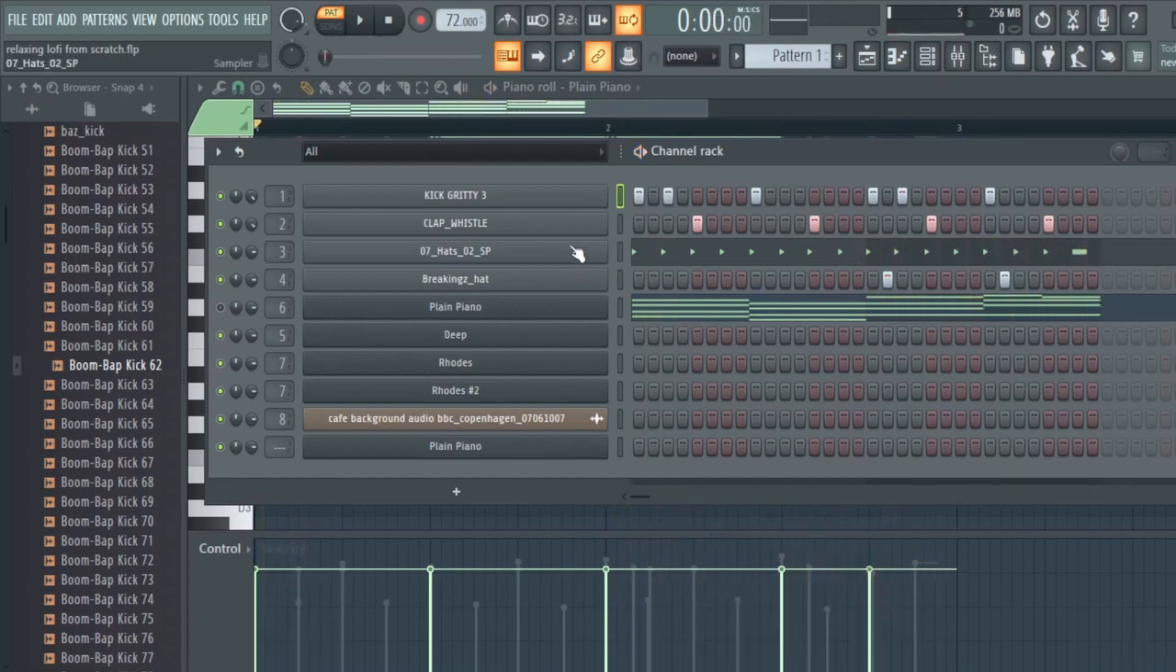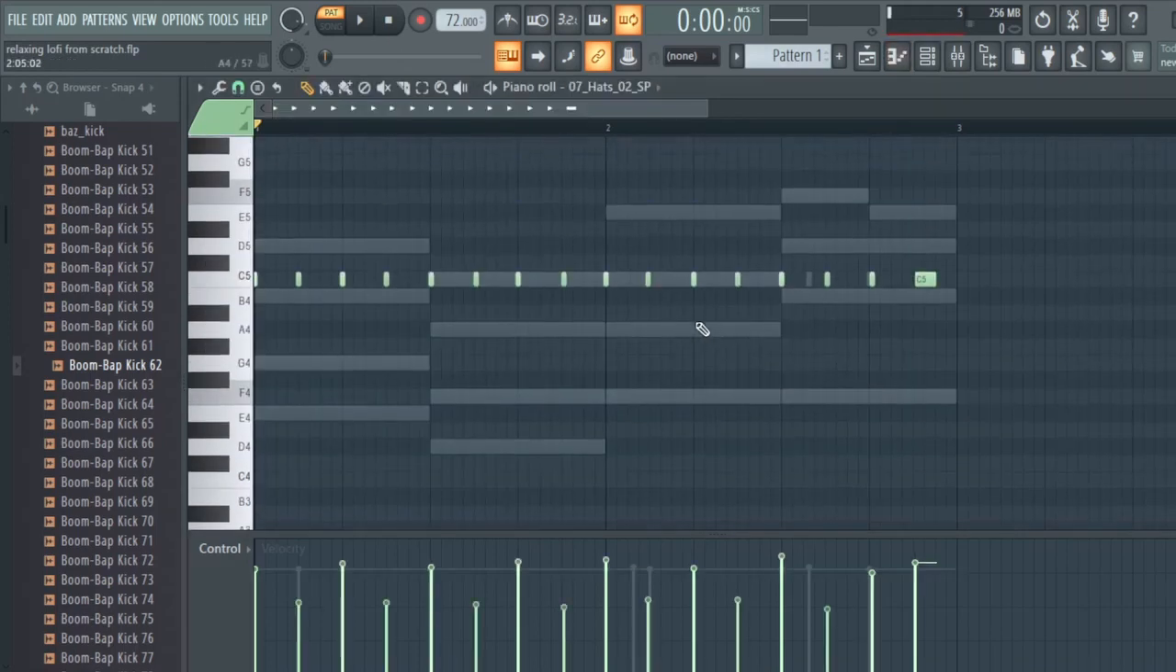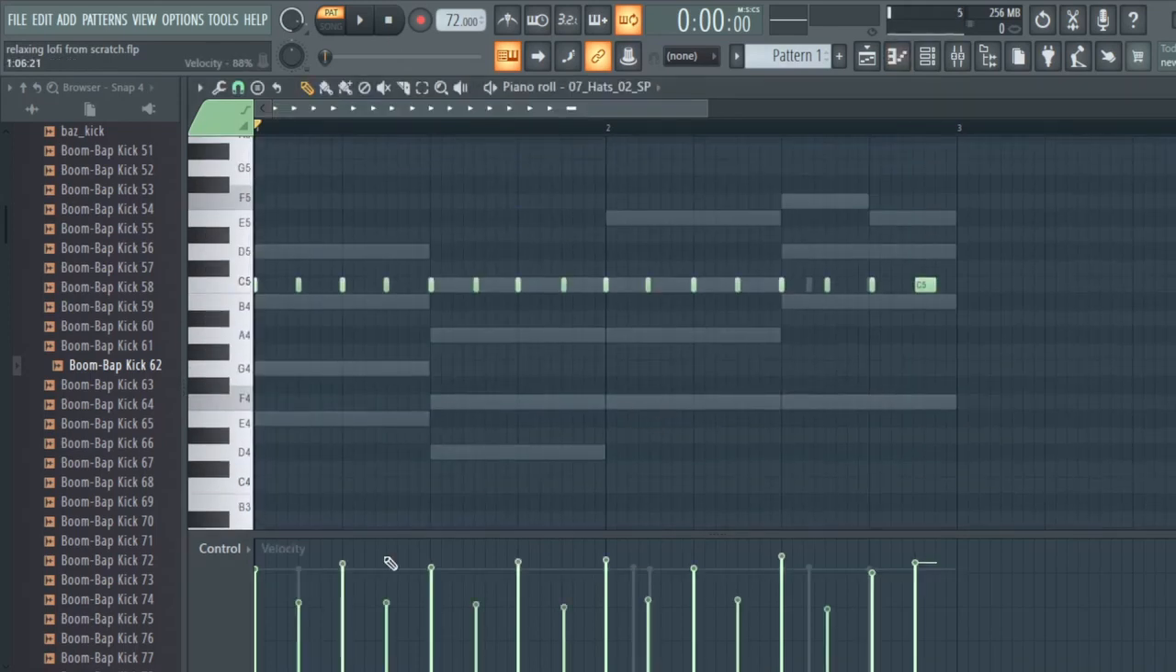So one thing you can do is you can also move these notes around in your piano roll. So again, if you remember like before, you're going to right click to open up your piano roll, and now you have your hi-hats here. So what I've done here on the bottom, if you can see, is I've changed the velocity of the notes. So the velocity is just how loud that note is. So if you play the pattern right now,